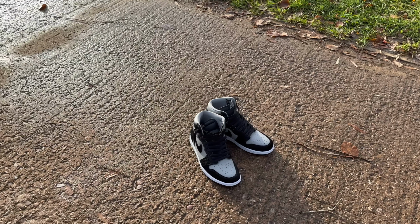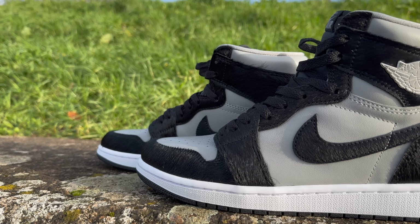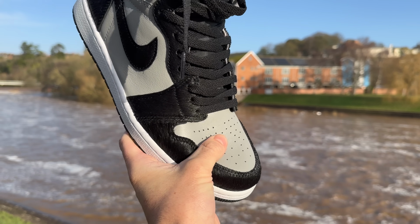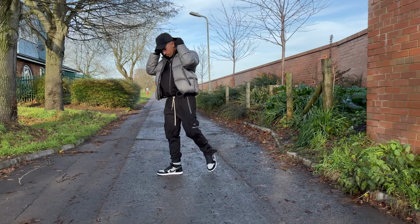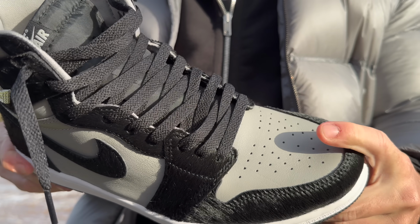Well, if the black and white color blocking was something that you were after, obviously not, because they changed all of the leather panels on this pair of sneakers to gray. And that gray leather is found on the toe box, the medial and lateral, and up around the ankle area. And the leather itself is nothing special either. It feels kind of plasticky, a lot more stiff than we've seen on other Jordan 1 sneakers. Not that Jordan 1s are known for their incredible leather quality. The leather on this pair definitely falls in a similar category to some of those worse leather quality Jordan 1